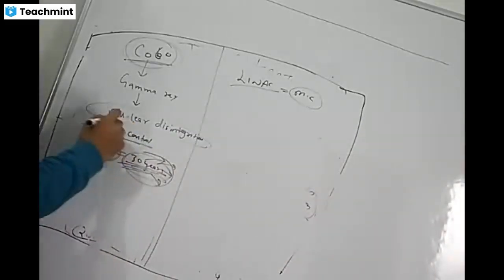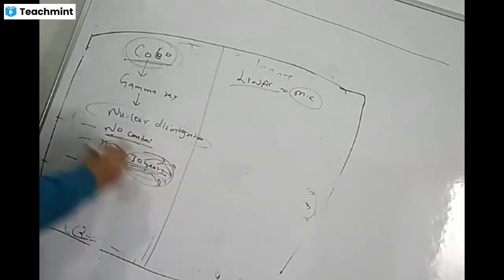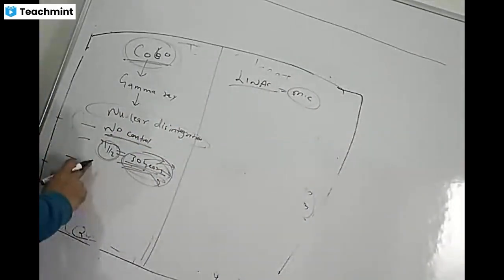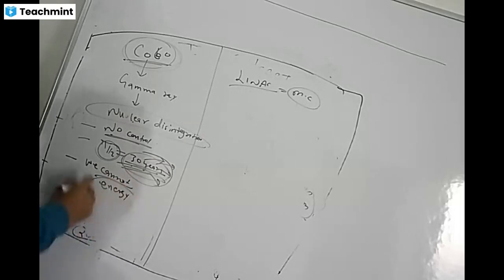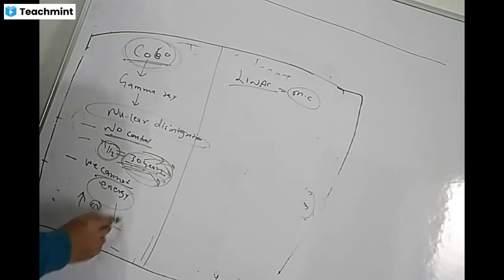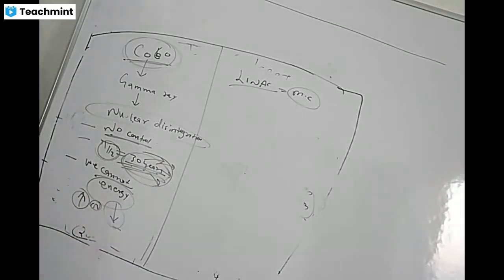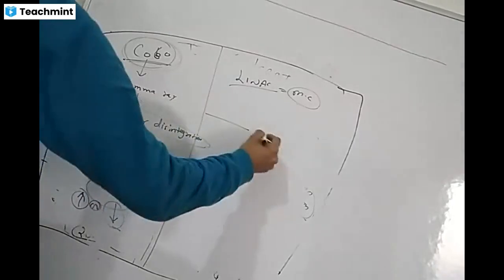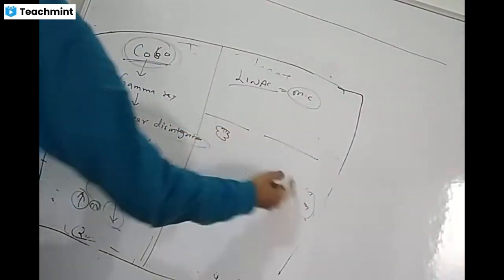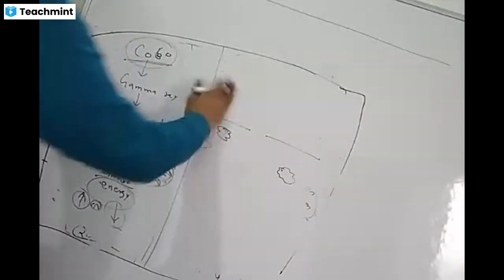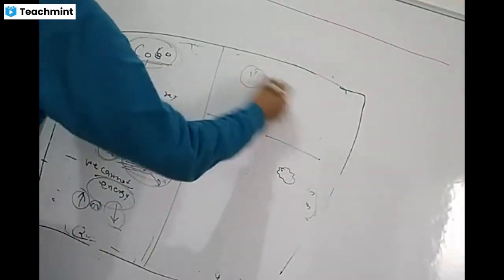The second drawback with this is, first is no control over this gamma emission. Second is, we cannot control the energy of the gamma rays. We cannot increase the energy or decrease the energy. Suppose we want to treat these two tumors. One is near the surface of the skin. In this case, we want gamma rays